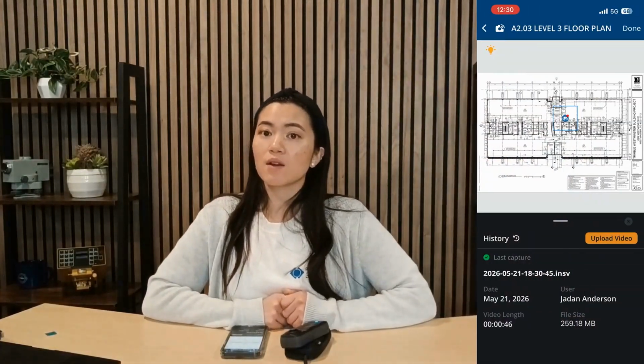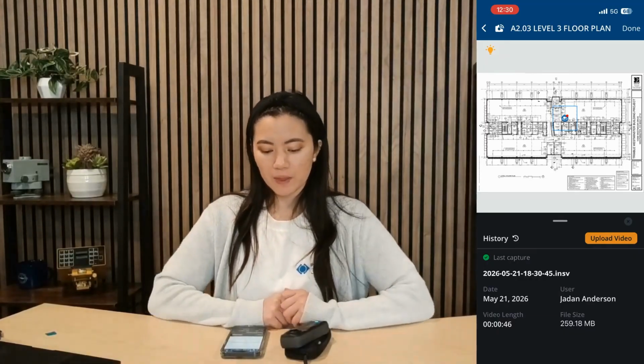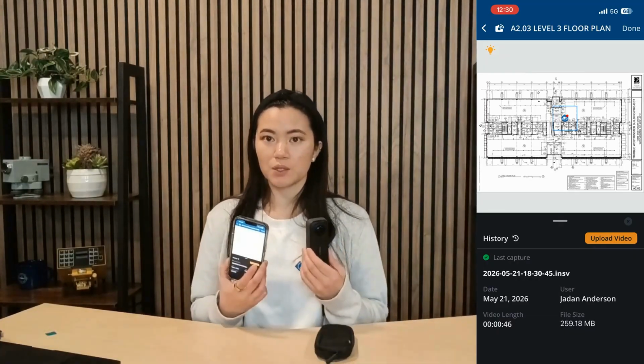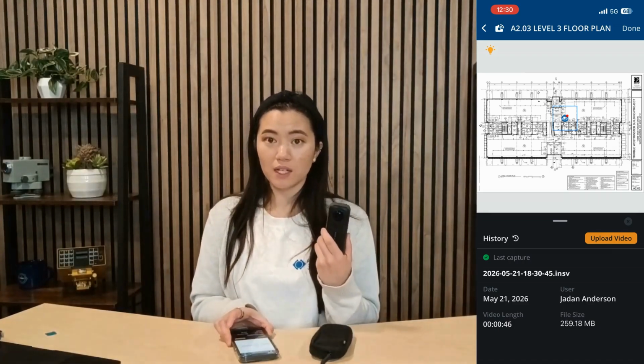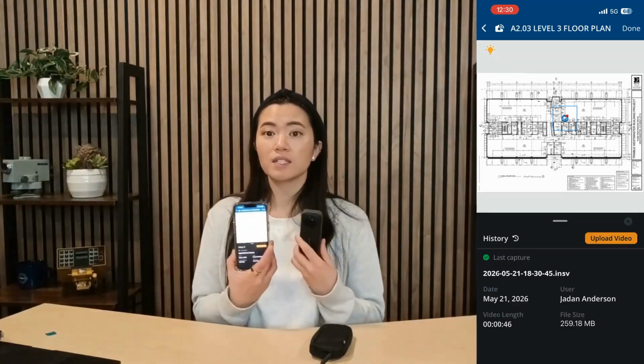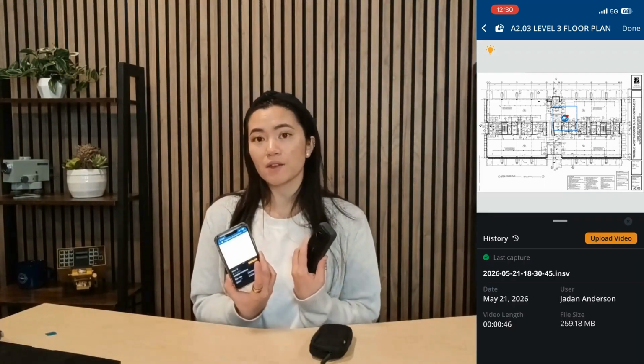Video uploads are a little bit different. There are two ways to do mobile uploads for your videos. The first way is right after you capture video. So let's talk about the state of connection between our camera and our phone right after we capture our video. Our camera is still connected to our phone, and that connection takes up the Wi-Fi that we might otherwise be